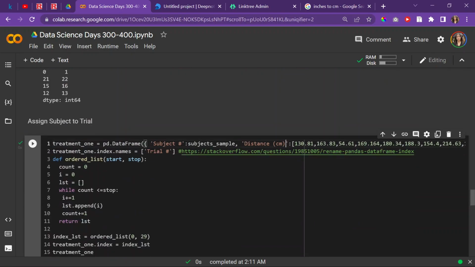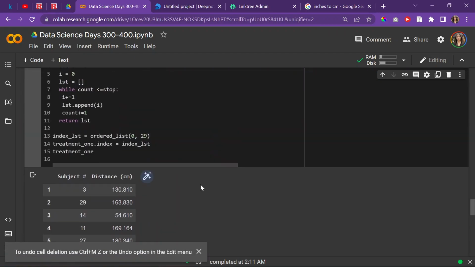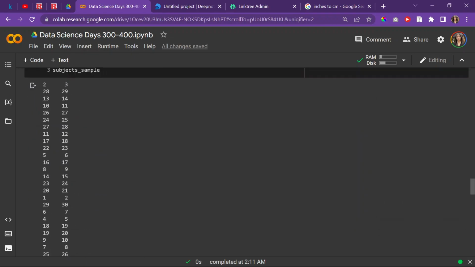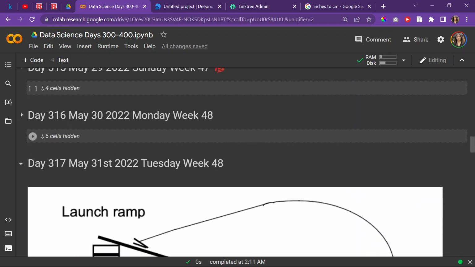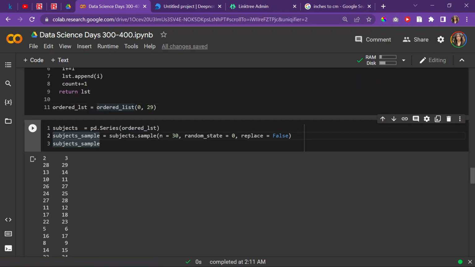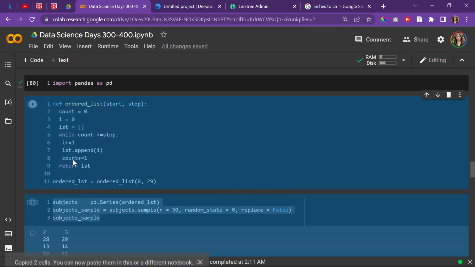Now I'm going to do the same thing for treatment 2. So that means I have to copy basically the same code. So I'll do that. Maybe I should have just done distance treatment 1 and then distance treatment 2 instead. No, because the trials are different. Okay, never mind. Alright, so I'll go back up here. I think this is a subject sample, so I'll have to do this one. So I'll just copy these 2 pieces of code